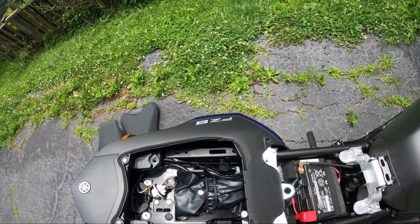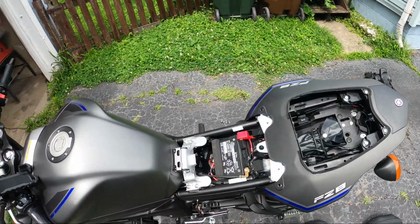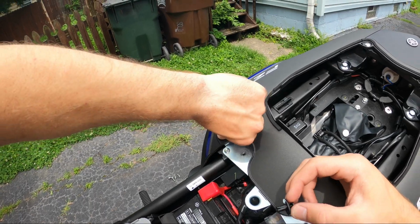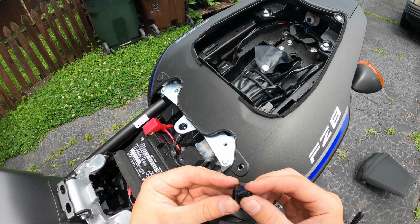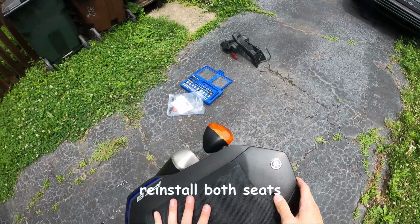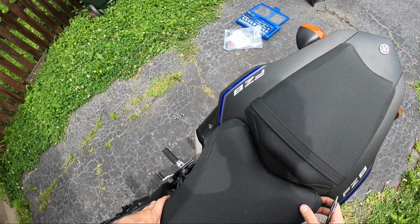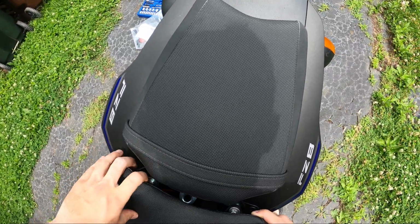So the first of which were these 2 screws. The last thing I need to put on here are these 2 push pins that hold in the top of this. Kind of snap it in. You don't really need to tighten them. They do have a Phillips head, but they don't really thread in very much, so I just twist as I push it down a little. There we go. Now that's snapped in. Next is putting the driver's seat, or the rider seat, back on. Make sure this is secure down in the front, seated down all the way,